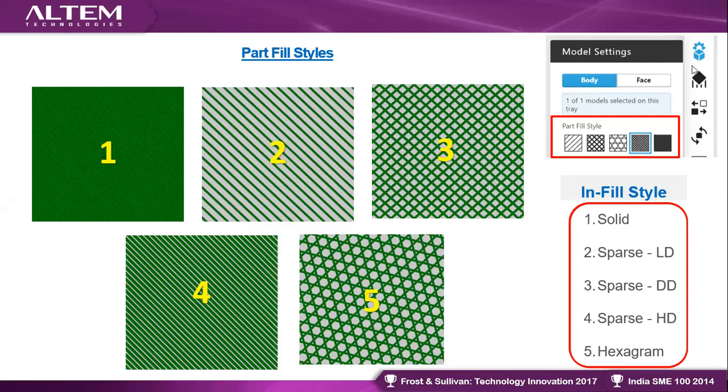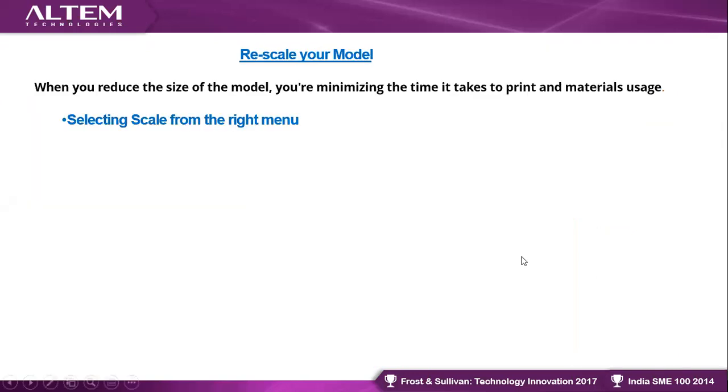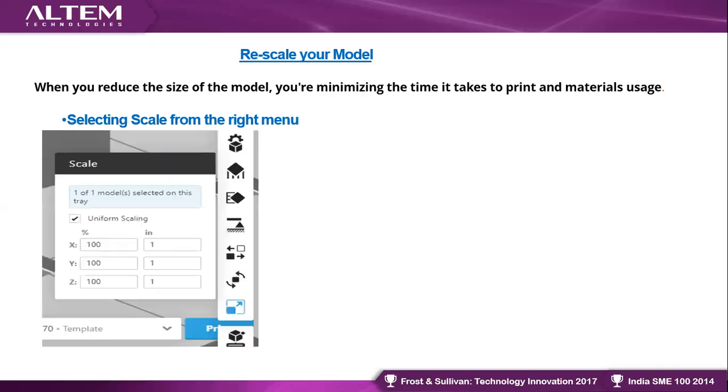And now rescaling. I know some of you are using this option, though many of you are not. You can obviously rescale your model if your designer or the user agrees. If they don't want to print a 1:1 model, you can always reduce the scale, show them their geometries and approve the design. So how do you select the scale from the menu? You have an option here on the software.